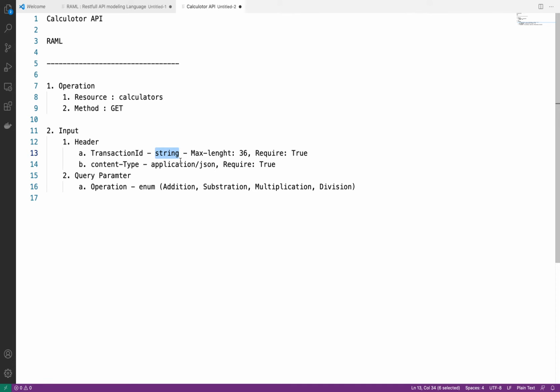It can be anything in the form of a string, and max length will be 36, but it can be any string, so we don't know what string will come. In that case we can't define enum. But in this case, operation, we know operation will be either addition, subtraction, multiplication or division, so that will come inside enum.